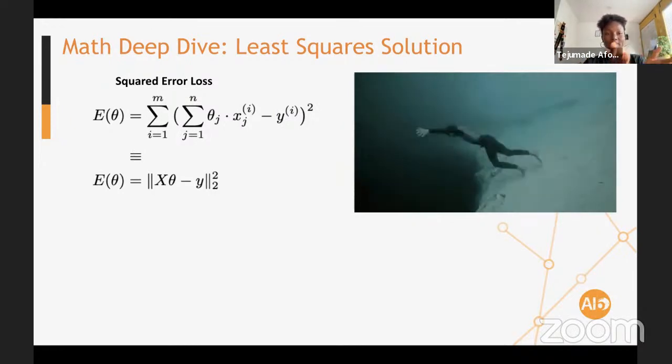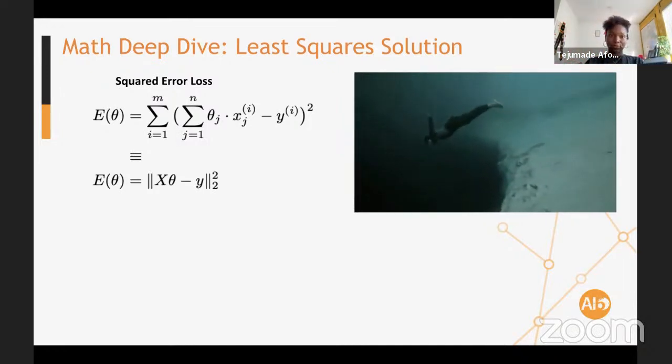So we will start with the squared error term, which was introduced to us in the previous class, the mean squared error. It computes the difference between your prediction and your target. And your prediction here is the x theta that we have here. Then you sum everything up, you take the mean. But we wouldn't use the mean version in this deep dive. We'll just look at the squared error term, which means you're not dividing by the entire thing.